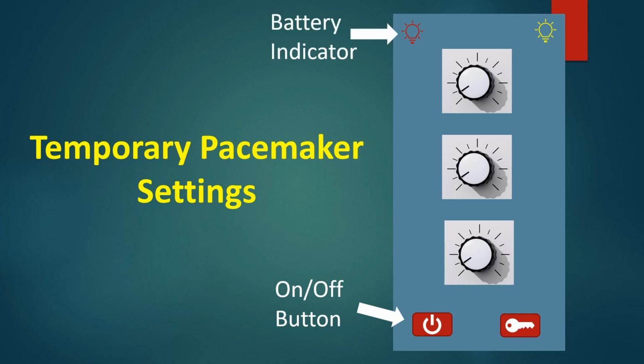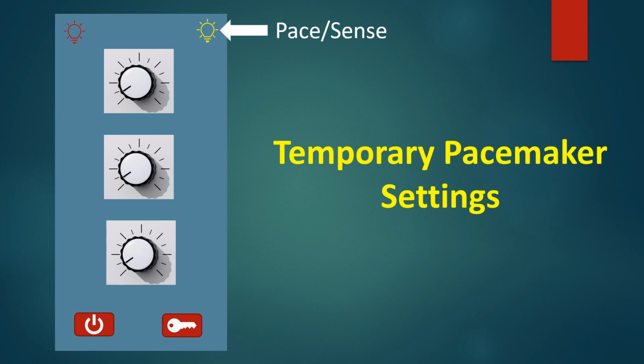We will start off by switching on the pacemaker using the on-off button. The display lights up in case of pacemakers with a display panel. In simpler devices, a power on indicator will light up as well as a battery indicator. Pace sense indicator will start blinking at the set pacing rate. If there is a spontaneous rhythm sensed, the color of the blinking indicator light will change to a different set